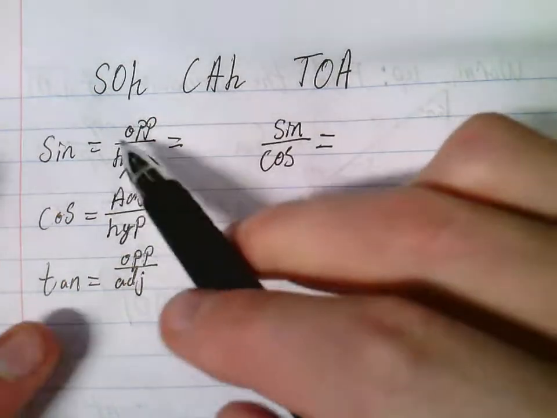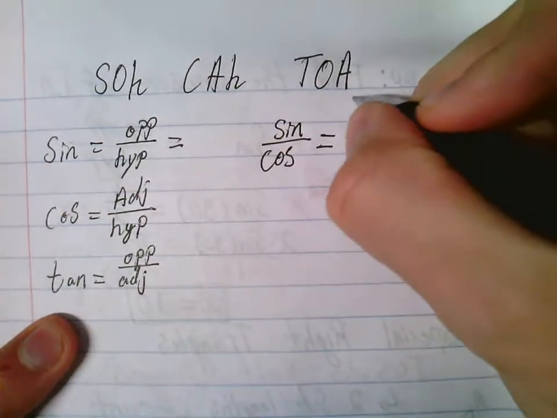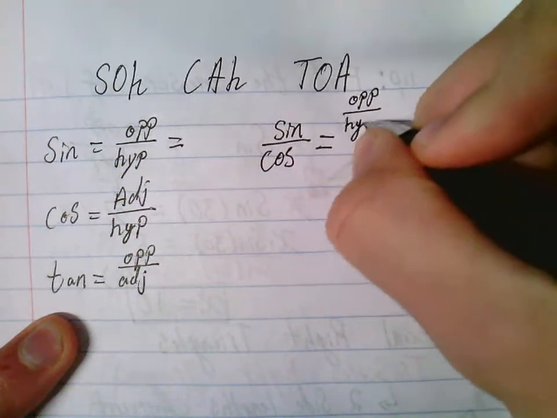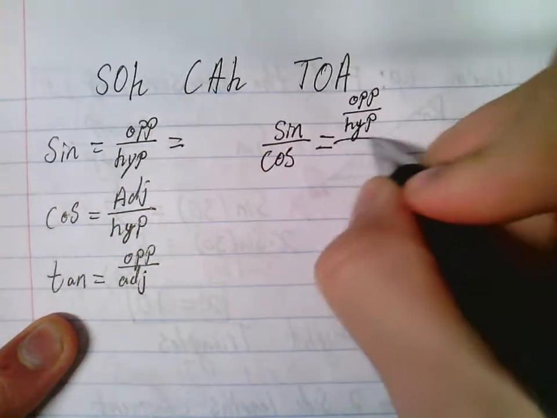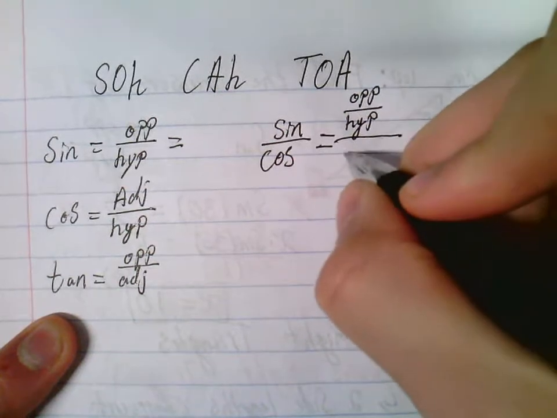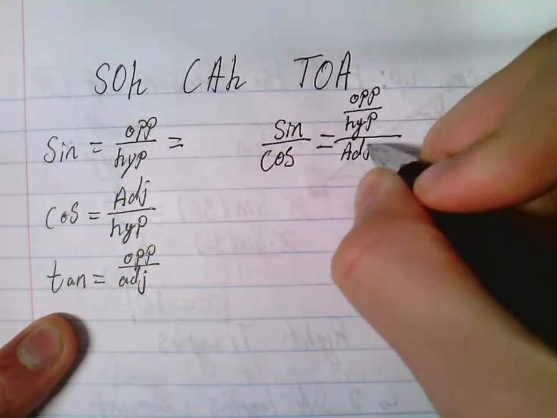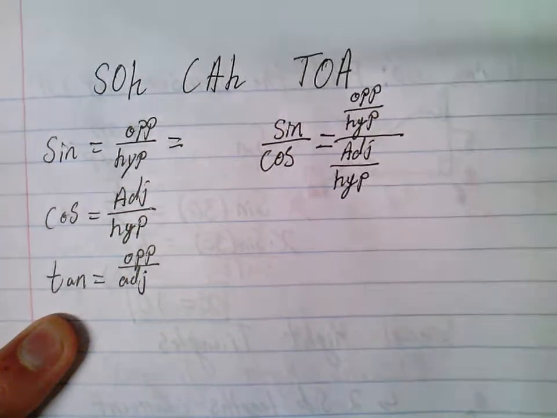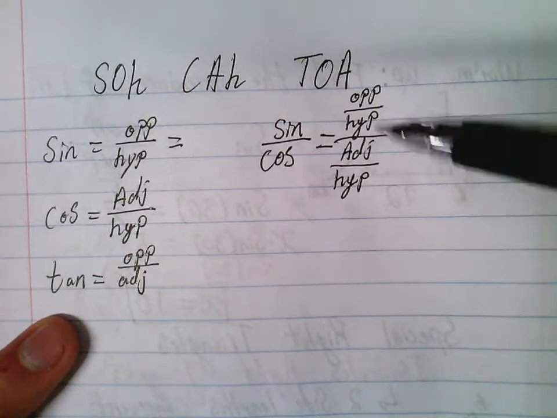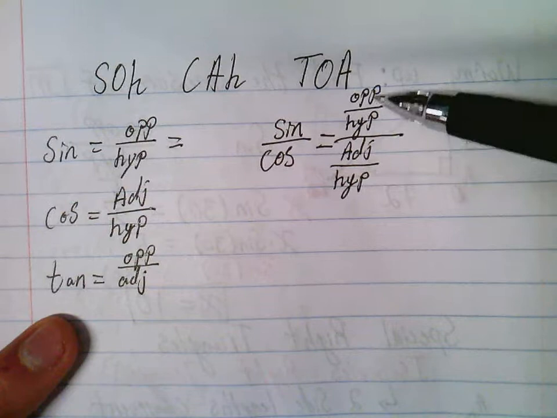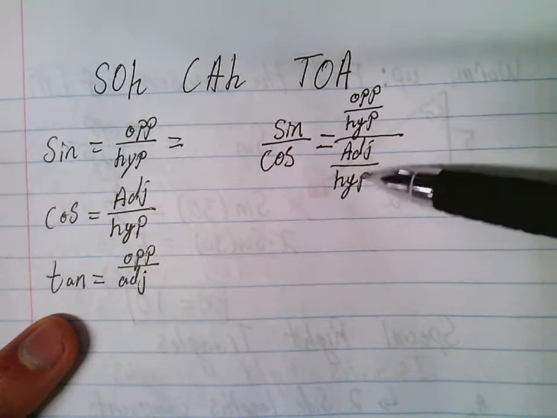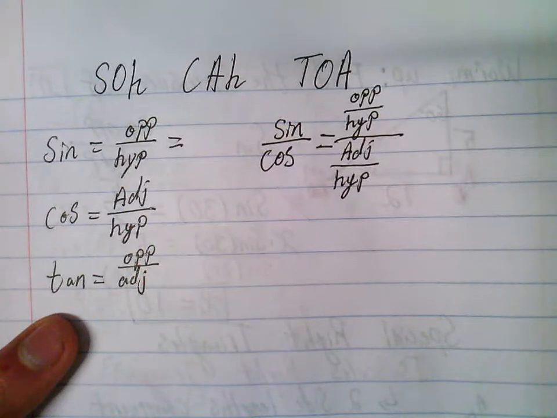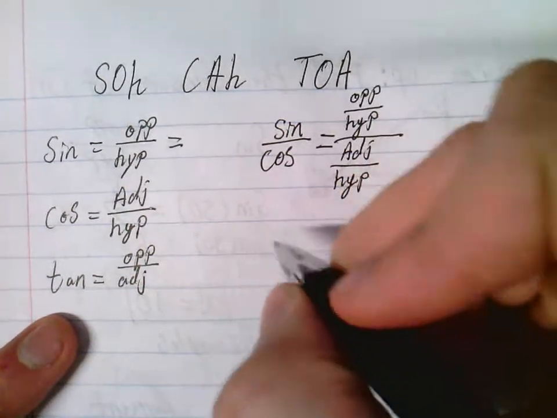So if sine is opposite over hypotenuse, and cosine is adjacent over hypotenuse, I can simplify this fraction. This is a fraction divided by another fraction. So we flip the second and multiply. We multiply by the reciprocal. So this actually becomes